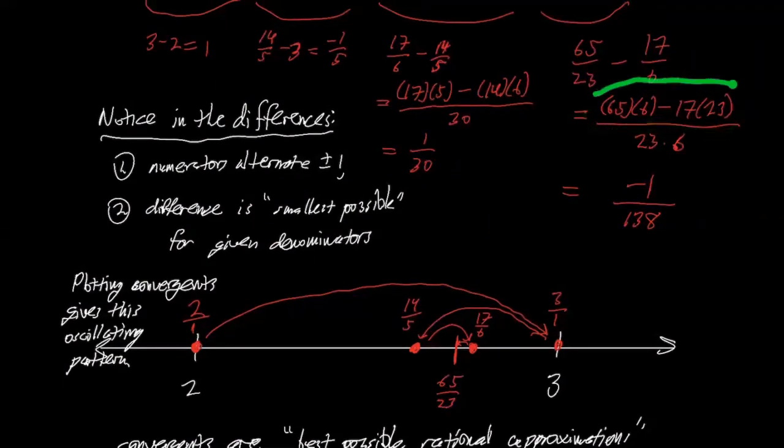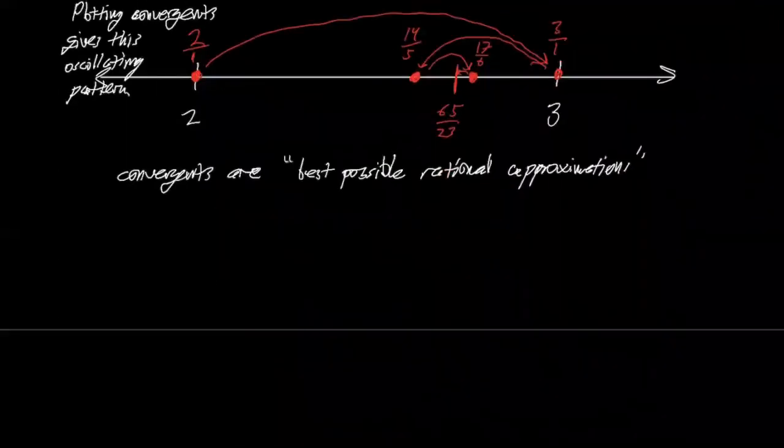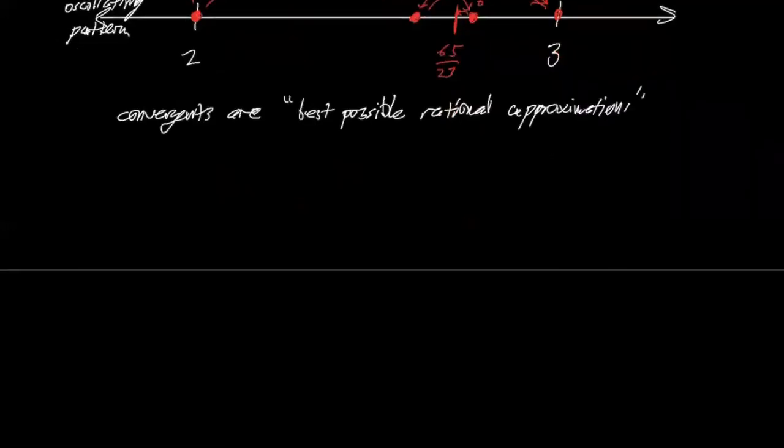65 times 6 minus 17 times 23. We were looking for the inverse of 13 mod 65. We ended up getting the equation 23x plus 65y equals 1. We just found the solution somehow, if I did it with that back substitution in the Euclidean algorithm, but let me just go write this down here. So notice